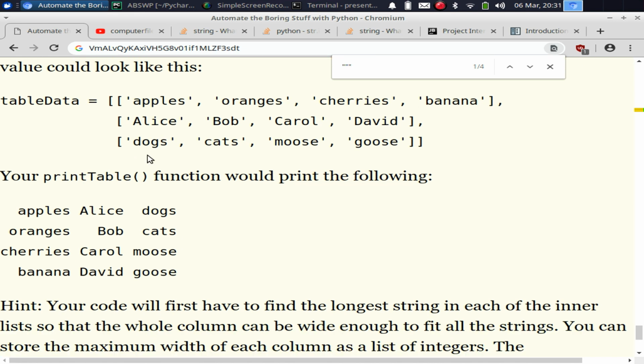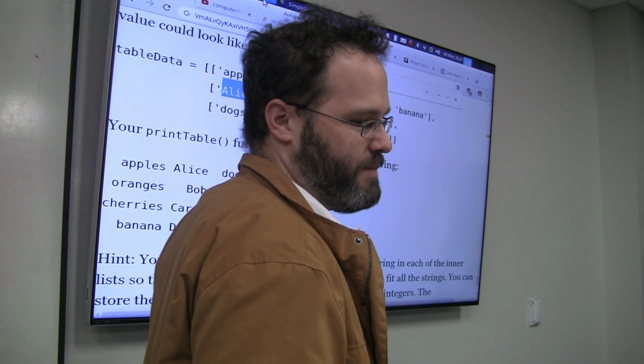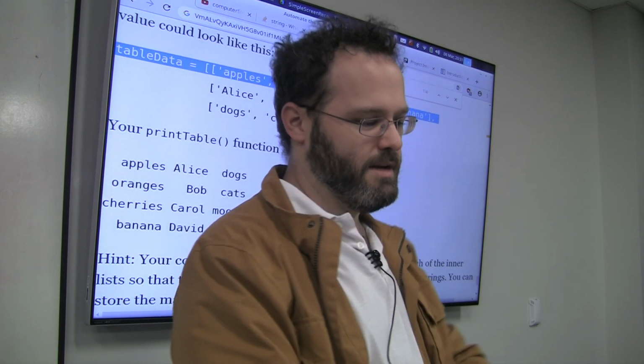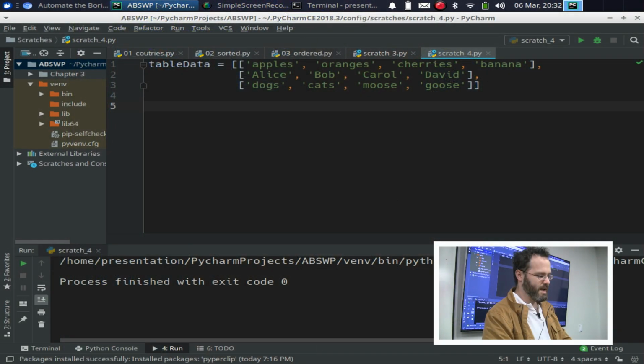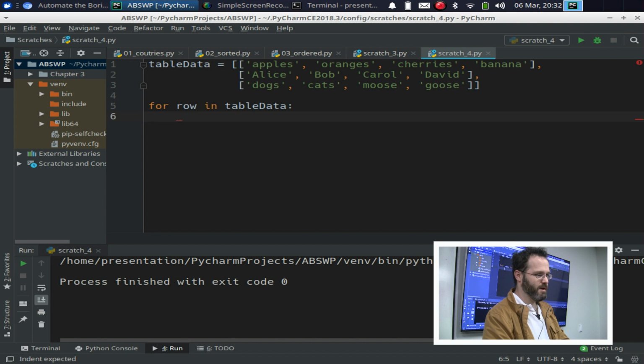So what we have to do then is iterate through each different row and figure out what the longest length is for the column that we're on, right? That makes sense to everyone? So here's what we're going to do. Let's copy table data here. Now I'm going to say for row in table data. Now I have a row. I'm going to say for column in row. Now I have a column. Now what I want to do is,